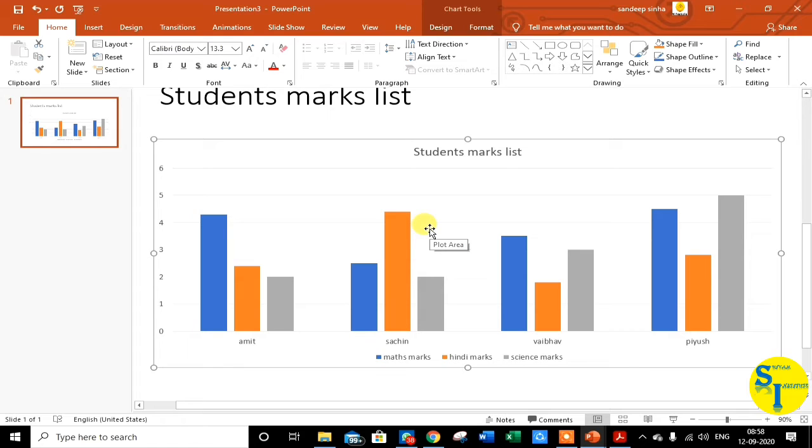Student, when we insert a chart, the data is displayed in a special window called the data sheet. So the Excel sheet was the data sheet where we filled the series and values. That was the data sheet. One more very important thing is that the charts get updated automatically with any change in the data.